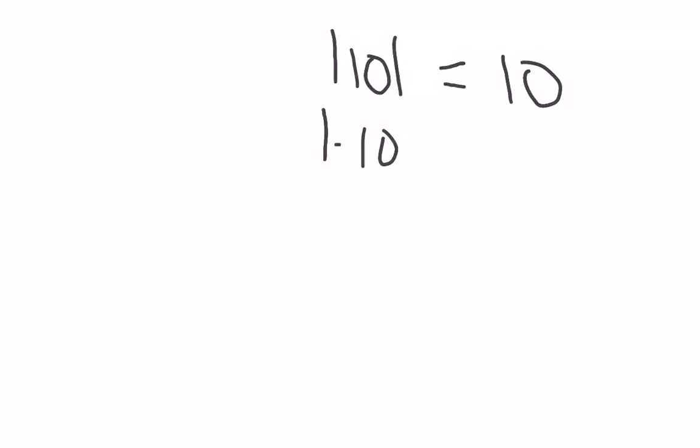So if we had the absolute value of 10, then the absolute value of 10 is 10 because it's 10 spaces from 0. If we had the absolute value of negative 10, then the absolute value of negative 10 would also be 10 because it's 10 spaces from 0. So notice there are two distinct numbers, 10 and negative 10, that give us the same result when we